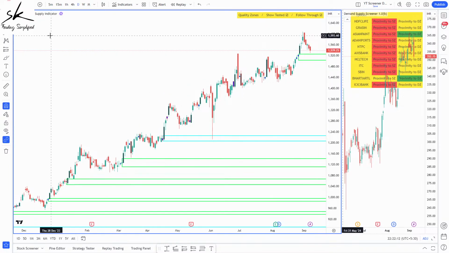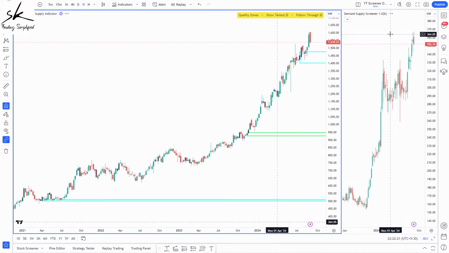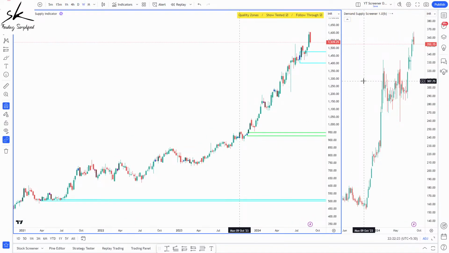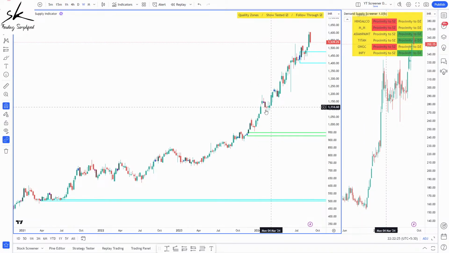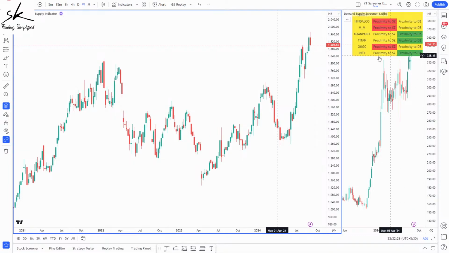So let's give the indicator a few seconds. So now you can see it. And similarly, if I just change my time frame, let's say to weekly, now it will give me the list based on the weekly time frame. So it will tell me on the weekly time frames on which symbols I'm closer to demand areas and supply areas. So for example, if I go to Infi now, you will see Infi will be closer to a demand